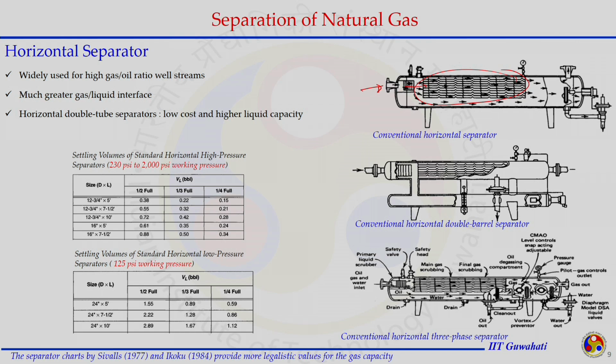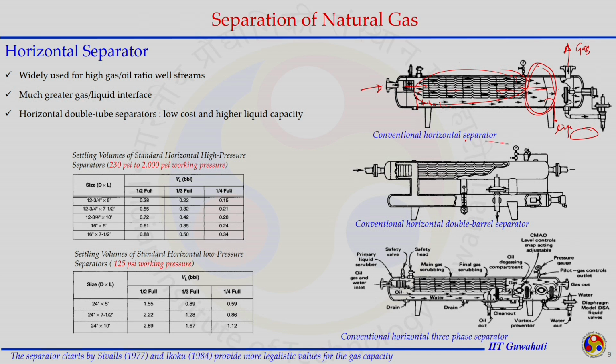When the fluid, meaning gas plus liquid, hits the baffles, the liquid will drop down because of gravity and the gas will pass, and when it reaches the region after the baffles, you will see the gas and liquid have separated. We are getting the liquid from this part and gas from this part. There are chances where they may get mixed here depending on the temperature and pressure conditions. Gas may go to the liquid phase, liquid may go to the gas phase.